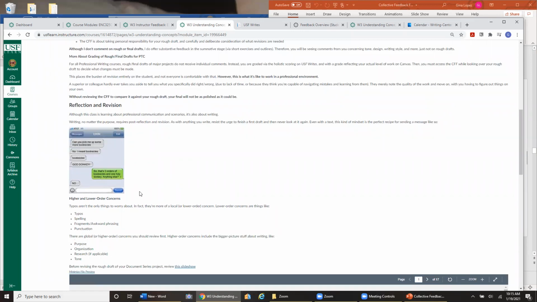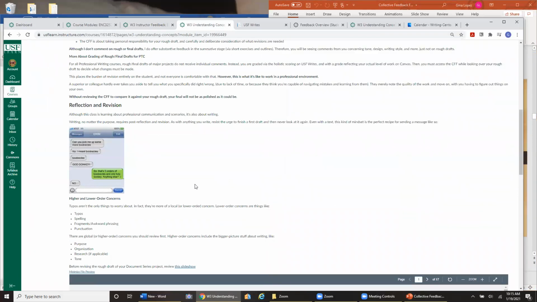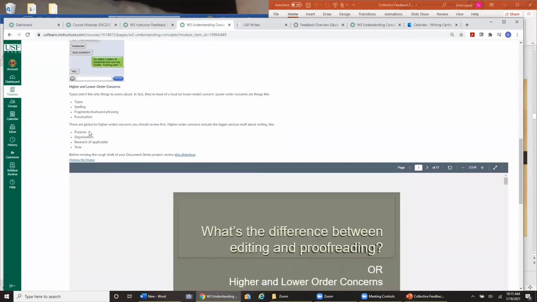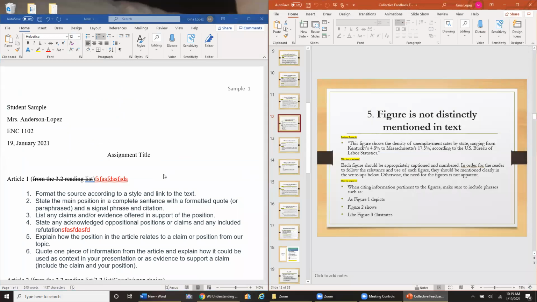professional environment. It might just be feedback that applies to the whole department, and you have to kind of figure it out yourself. The same can be said of how you have to draft this final. And then on the understanding concepts page, there's ways to think about revising your draft other than just looking at the feedback file. So look at it, compare your draft and see what you can change. And then I would set it aside